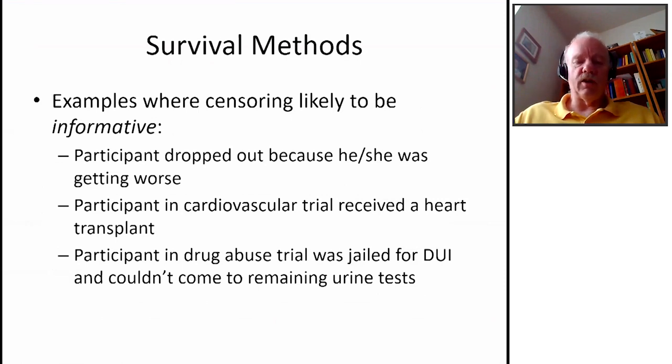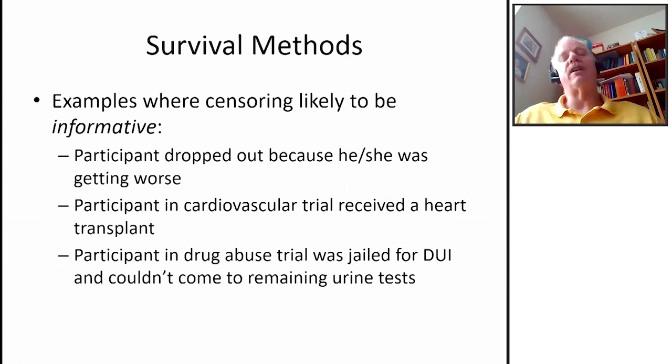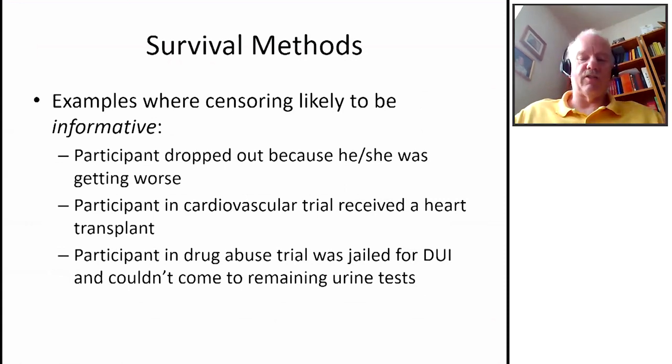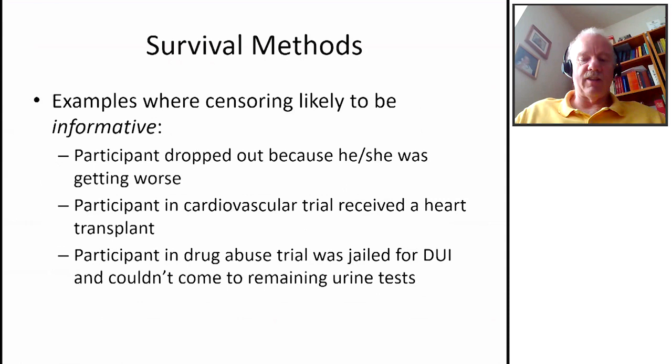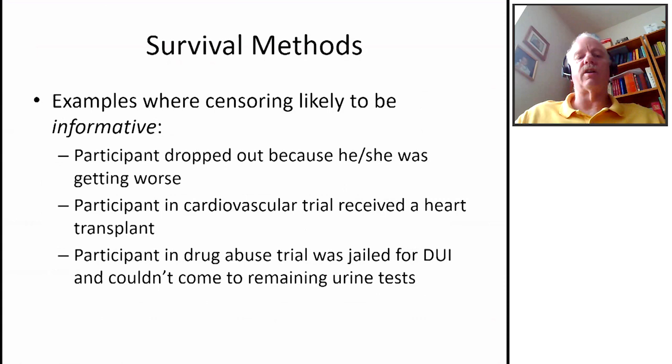Or let's say you have a drug abuse trial and the participant is jailed for driving under the influence, and therefore couldn't attend their drug test. Well, obviously, if the reason is that they were jailed for driving under the influence, they probably would have failed that drug test. So these are all situations where the censoring is likely to be informative,